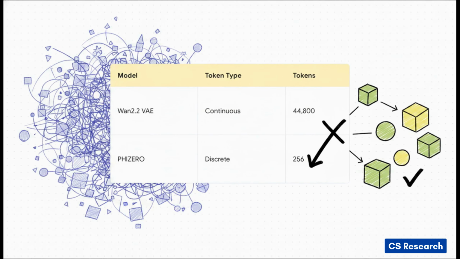And this brilliantly illustrates just how insanely efficient this tokenizer really is. The research team compared their tokenizer against a state-of-the-art continuous model called WEN 2.2 VAE. To put this into perspective, to reconstruct just 4 seconds of video, the continuous model required an immense 44,800 continuous visual tokens. That's huge! PHIZERO, on the other hand, represented the exact same future state transitions with only 256 discrete physical language symbols. That is a staggering, almost unbelievable level of data compression. It proves beyond a shadow of a doubt that physical language successfully strips away all the redundant appearance information and focuses strictly on the pure underlying state changes.